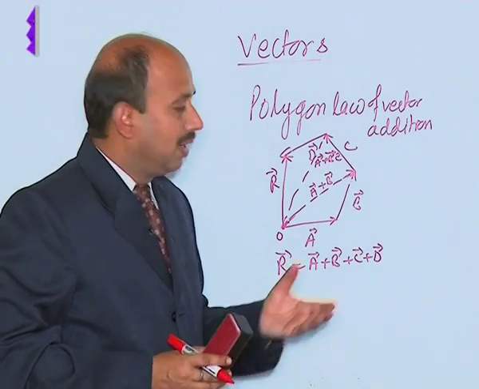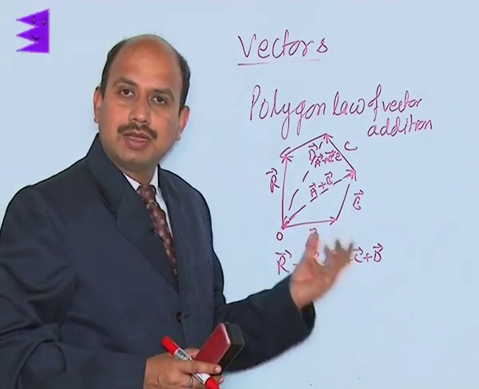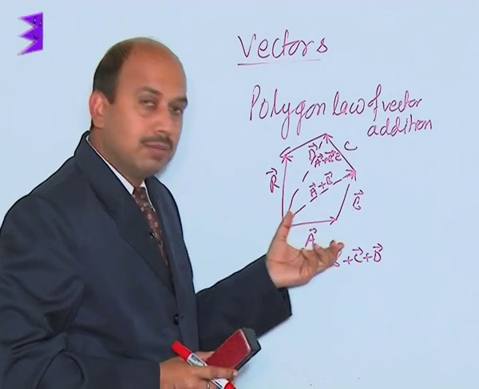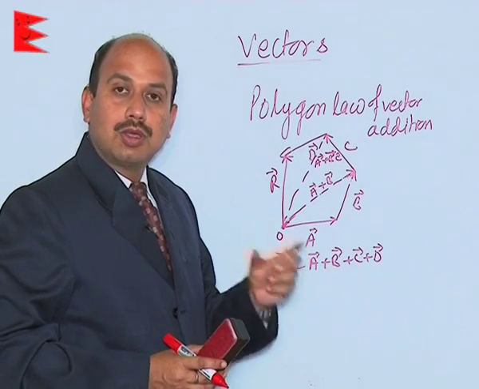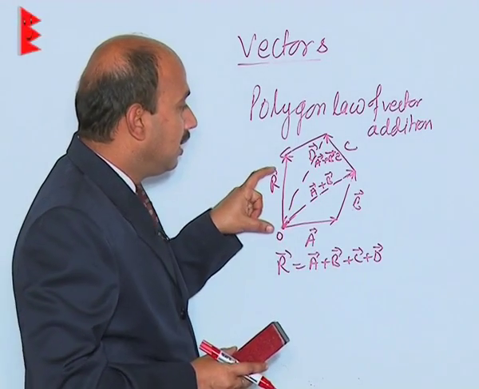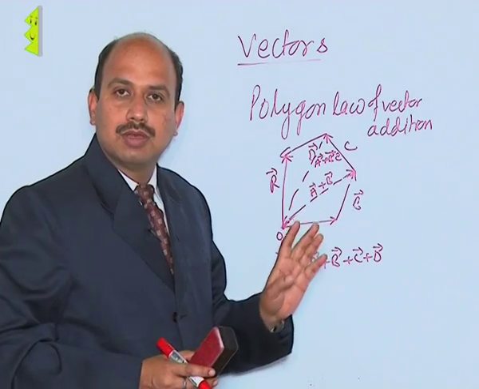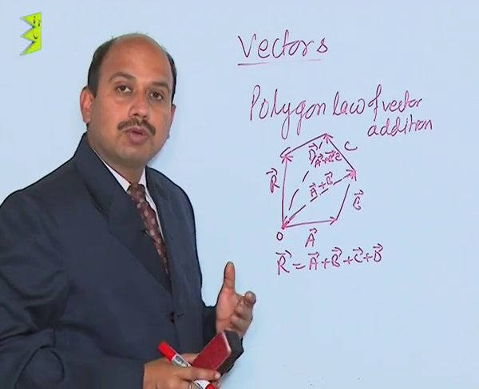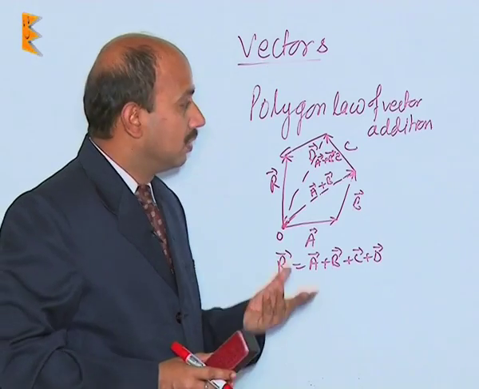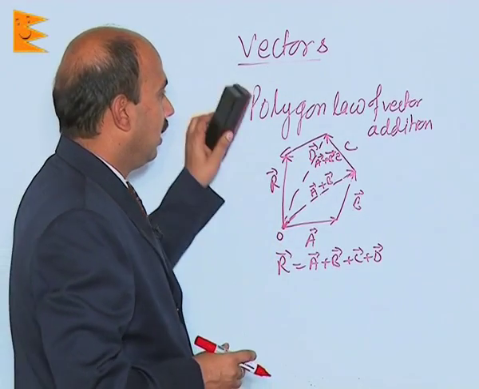So, see here we have taken more than 2 vectors, a number of vectors, taken in the same order representing the different sides of the polygon. Then the closing side is representing the resultant of all these vectors. So, this is the polygon law of vector addition. Now, we have to come to the analytical method of this vector addition. So, now in the analytical method,